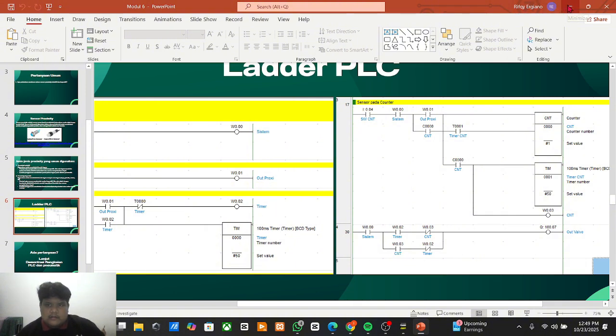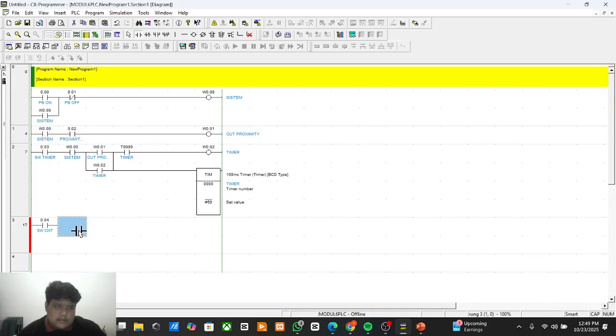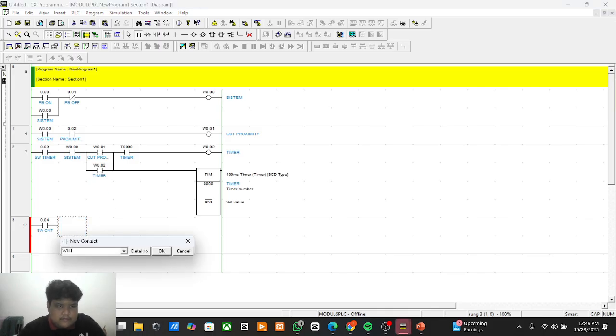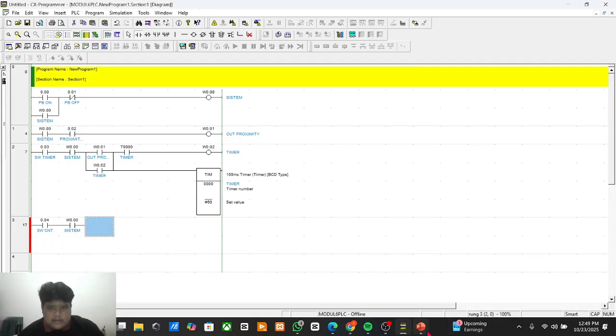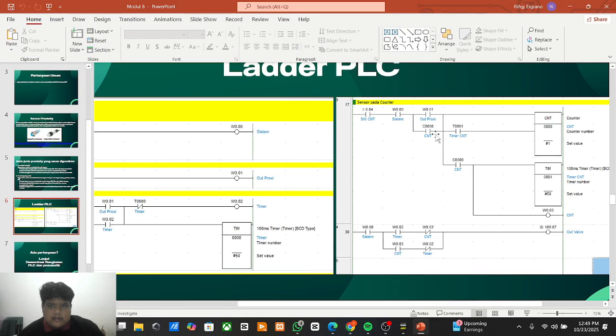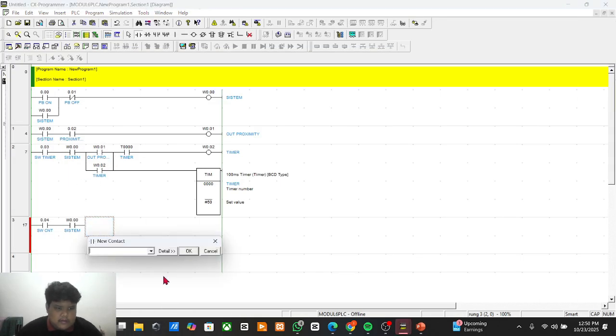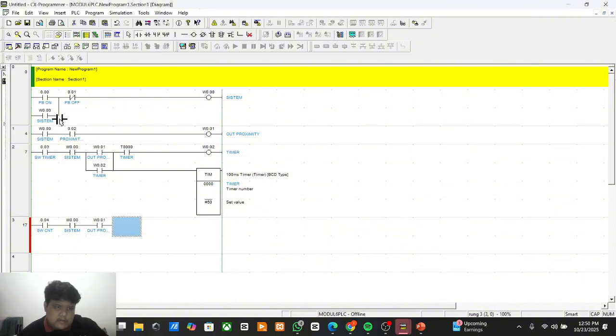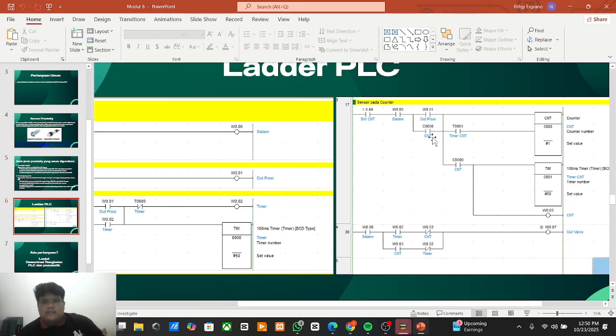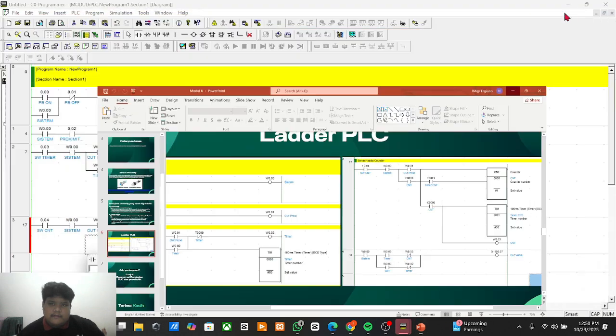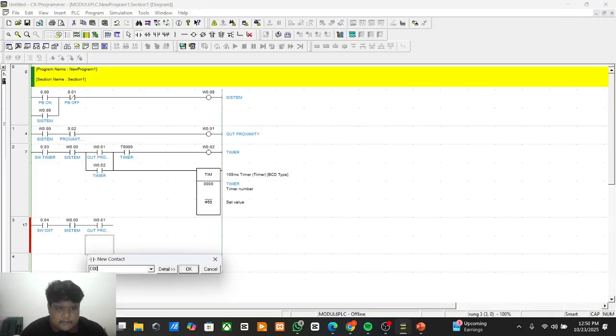Next, here for the system. Here is for the system, and then here output the CNT. And here is the CNT.